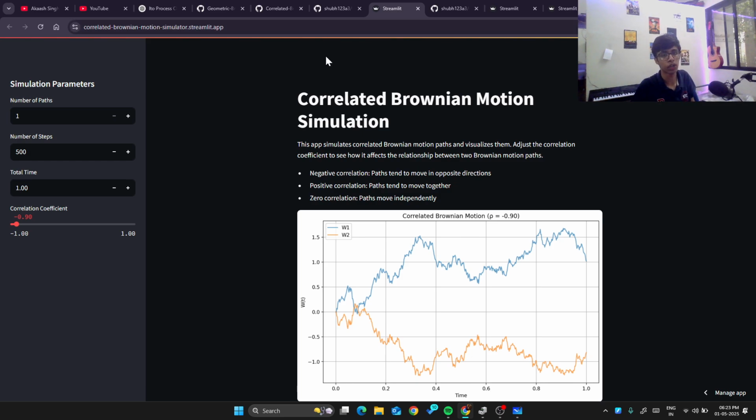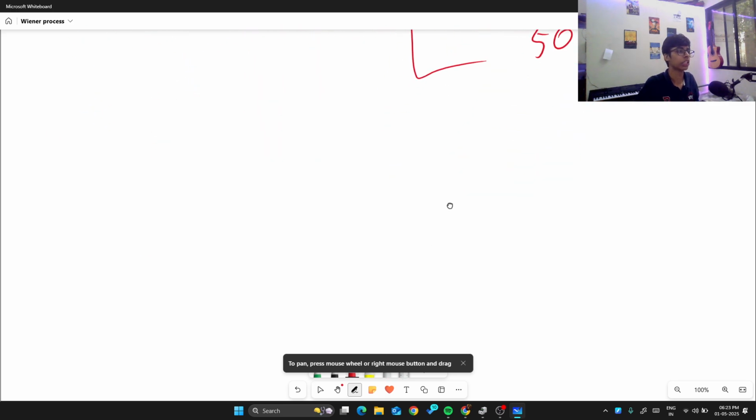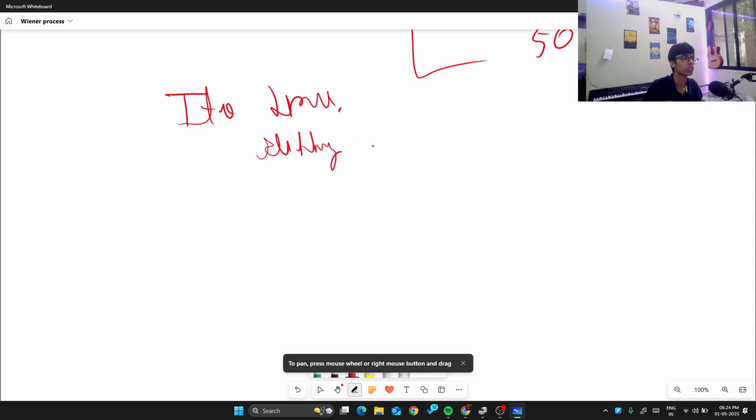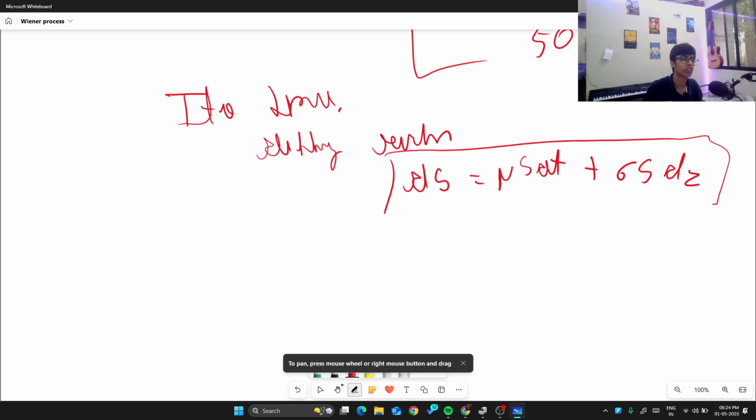And the next concept is Ito's lemma. We saw the Ito process, and I explained what the Ito lemma is. So let's say our differential equation would be dS equal to mu S dt plus sigma S dz. This is our stochastic diffusion, and our lemma is dG equal to the partial derivative of G with respect to S,